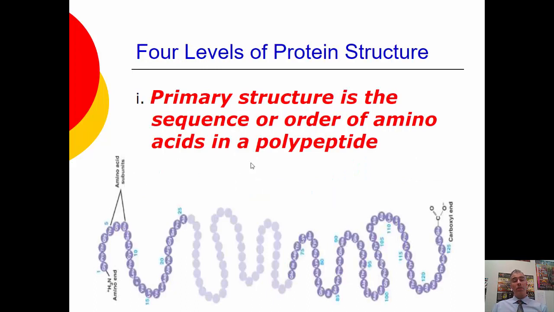Now there's 4 levels of protein structure that we have to look at. Every protein pretty much has all of these, with the exception that some don't have the last one, which we'll talk about. But they all have these different levels. Primary structure is just the order of the amino acids, going in order, just saying what they are in order. So it's hard to really see here, but we have glycine, proline, threonine, I think that's glycine, threonine, glycine, glutamine, and saying that order. So if we want the primary structure, it's just what is the order of the amino acids in that polypeptide.